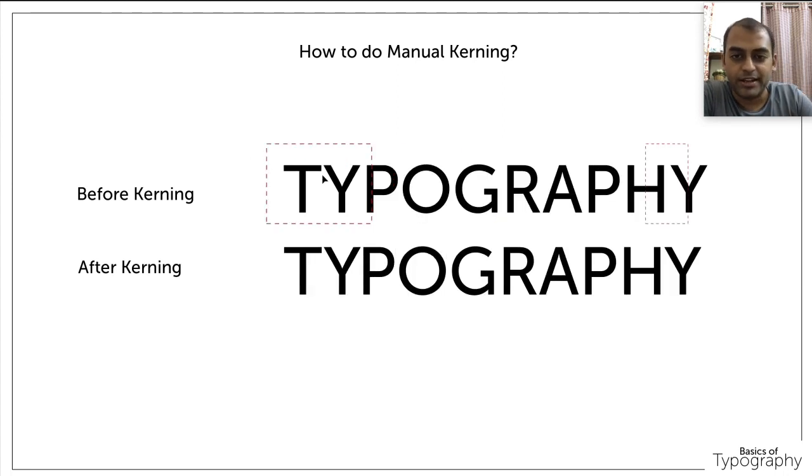Same with another example, the name Typography. The troublemaking letters are T and Y. Next to the Y there is a P, but the spacing between these two and the spacing between these two is not proper. Same thing with H and Y. If the spacing is coming at the last or first, there will not be any issue. Generally, the first word and last word will be fixed. In between is the only thing you need to adjust.